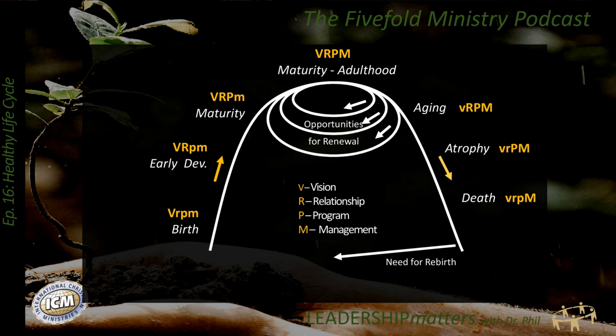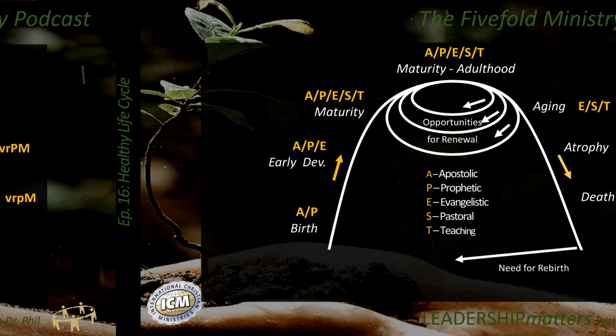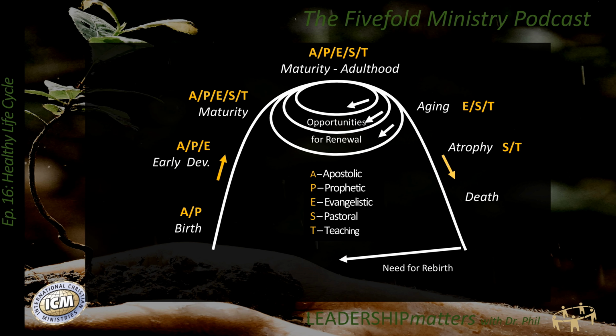See, the fundamental question regarding the fivefold ministry functions is which are needed along each stage of the life cycle. Identifying what stage of ministry the church is at will help us to recognize where we are lacking in our fivefold ministry mix. See, the top of the curve of the graph indicates a healthy, mature church, which is identified by looking at the four indicators of vision, relationships, program, and management, which I just briefly explained. But viewing the graph through the lens of the fivefold approach, it would make sense that at this stage of maturity, all five of the equipping gifts are functioning in balance as we see in Ephesians 4.